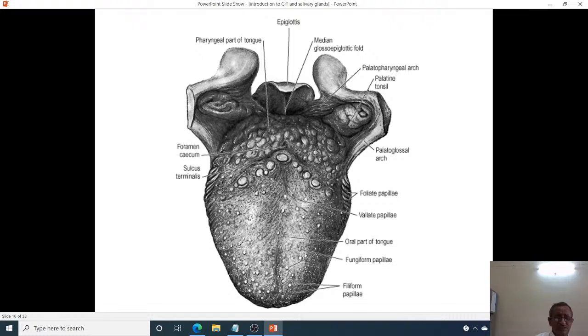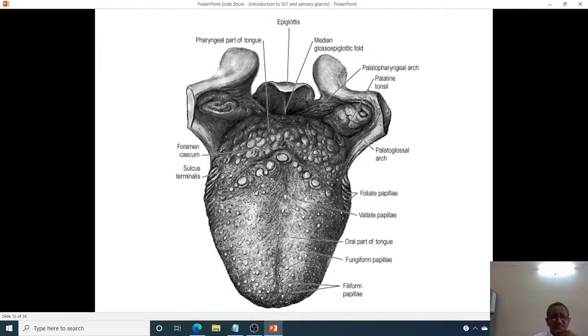So here we are showing the figure of the tongue. There is the sulcus terminalis. In front of the sulcus terminalis, a row of circumvallate papillae are there. And on the dorsum of the tongue we are seeing the filiform papillae are mostly arranged in the tip, whereas fungiform papillae are arranged on either side of the midline in the middle part of the tongue, and they are